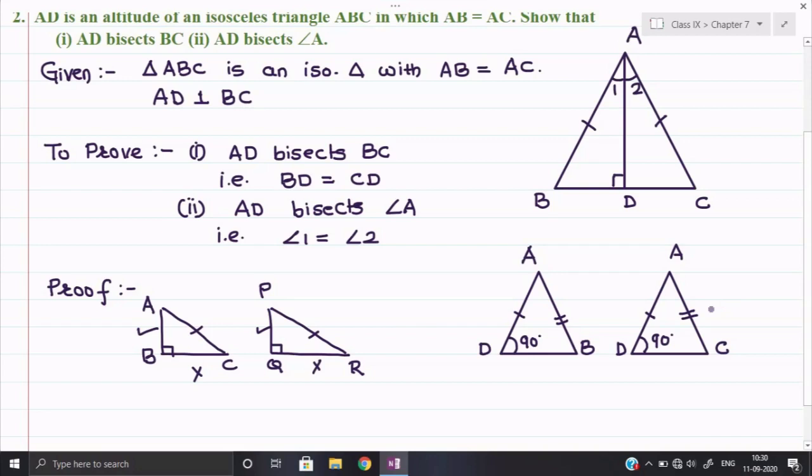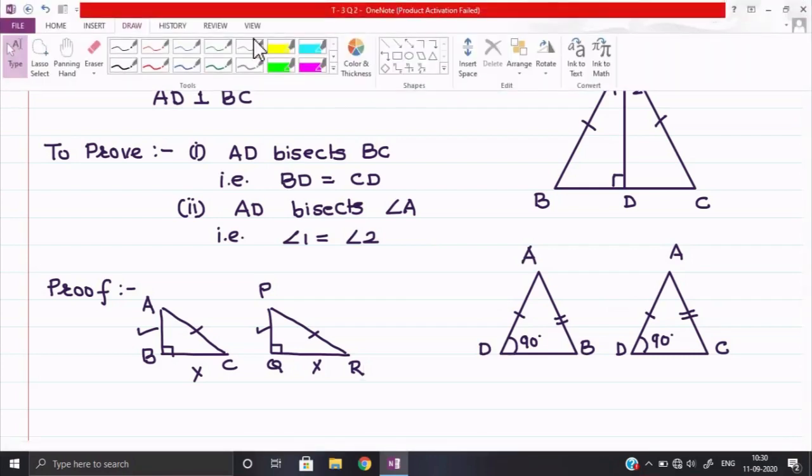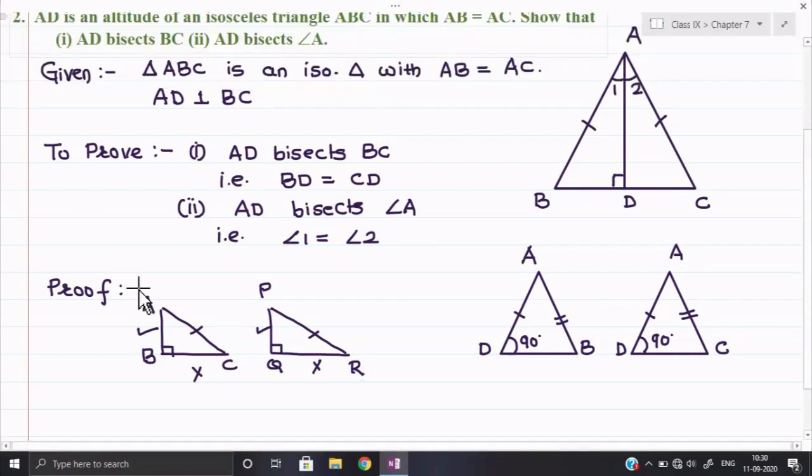Second thing, from the remaining corresponding pairs of sides, one pair of corresponding sides I need equal. So observe, already I have AD and AD equal, because AD is the common side between the two given triangles. So here we can say that yes, the RHS theorem is applicable. So the proof is simple, there is no problem. You should only know what exactly the RHS theorem is.